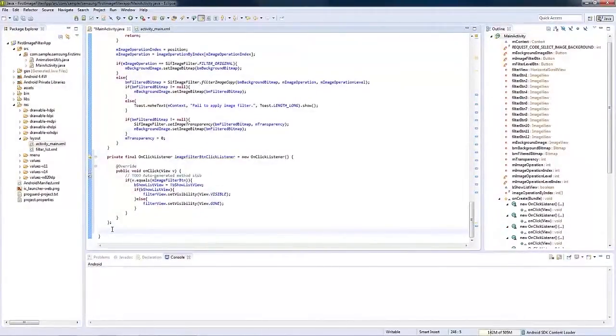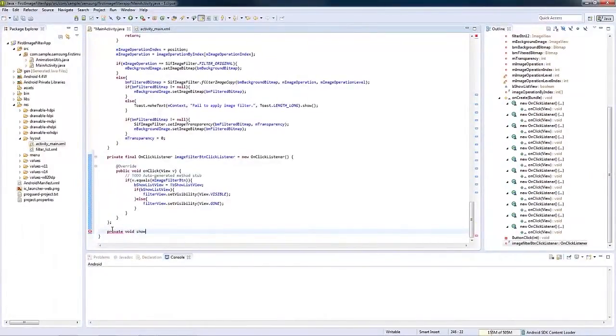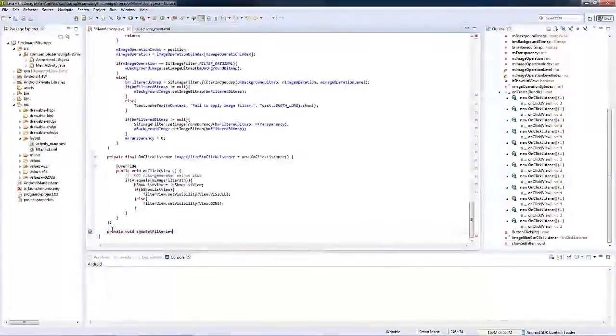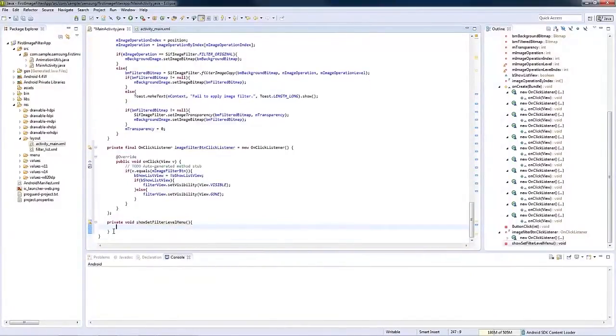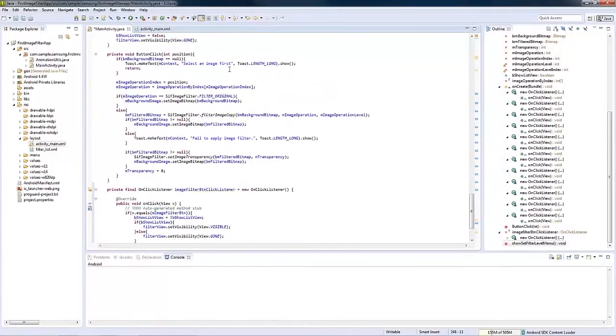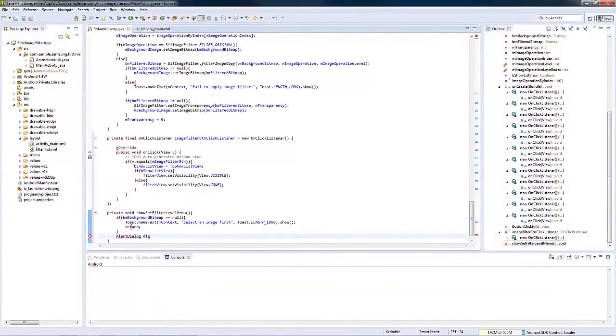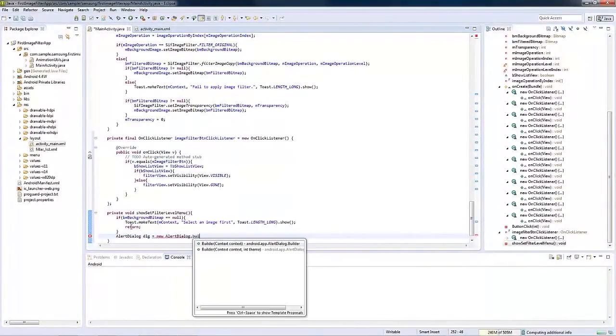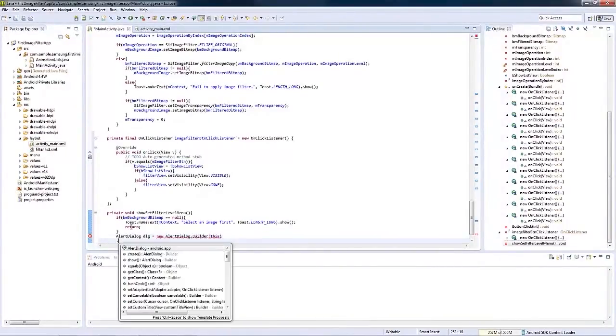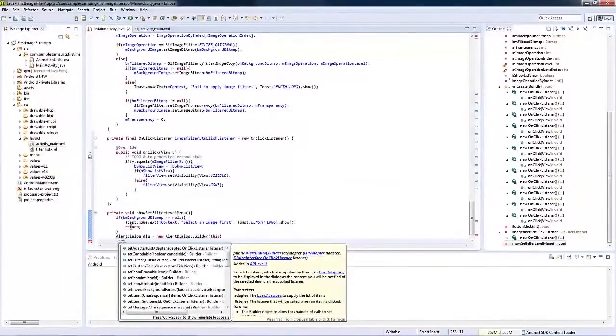As for the filter level, we're going to use an alert dialog. This just needs the basics. I'll put in an icon, a title, and the choice items.